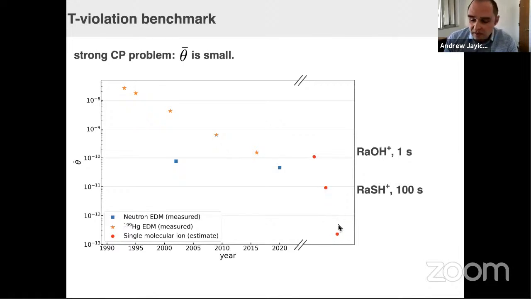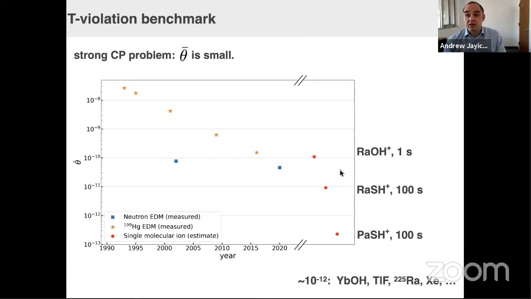And there's real potential for switching elements to protactinium and really starting to push the bounds on this T violating parameter. A lot's unknown about this nuclear structure, but it's possible that the energy level splitting I showed you before that enhances this sensitivity to new physics is really small in this isotope of protactinium. I should say that there are a lot of experiments underway with sensitivity estimates all in this range.